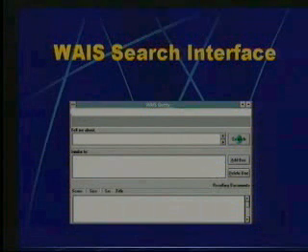See, this is the interface for search, and there you can enter your query, then you can say tell me about, and you can click on the search button, or else you can delete this particular information or you can add information, and then at the bottom you are seeing the resulting documents.